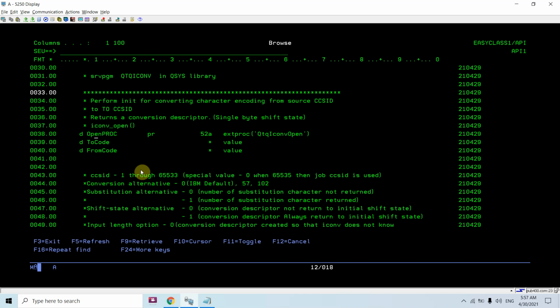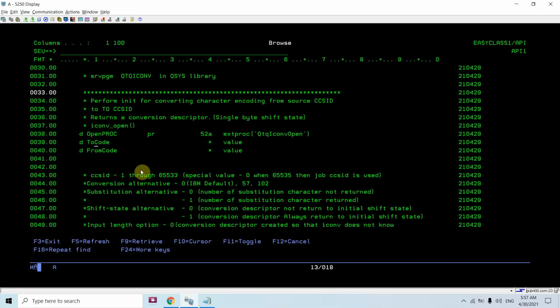Now the first procedure which I'm using is QtqIconv_Open. I already showed you that this procedure is just to open the conversion environment for us. So it basically performs some initialization for converting character encoding from the source CCSID to the destination CCSID. Here we will pass the to code and from code.